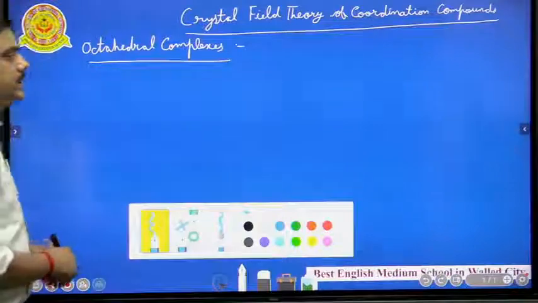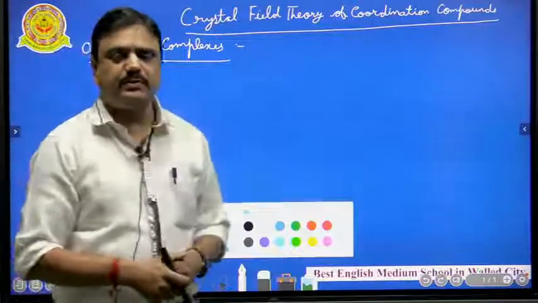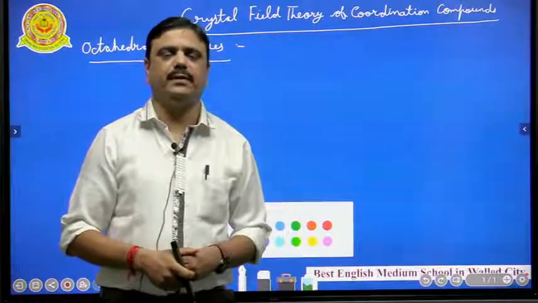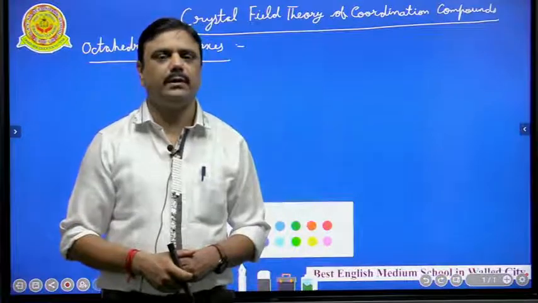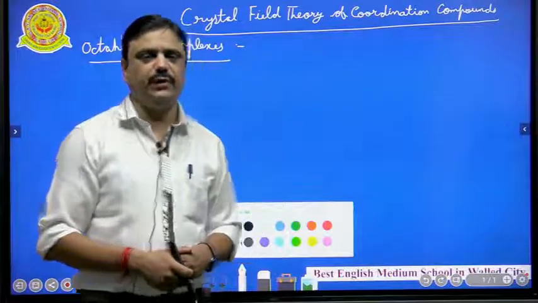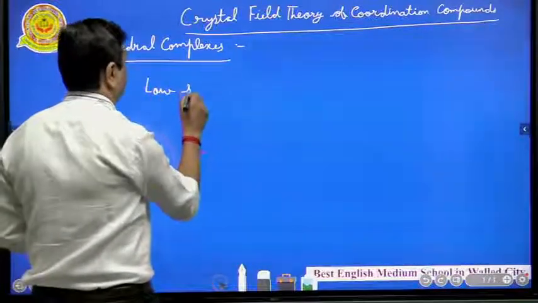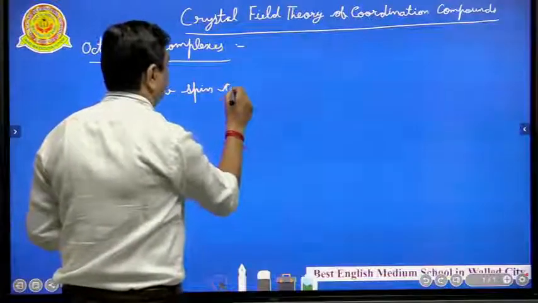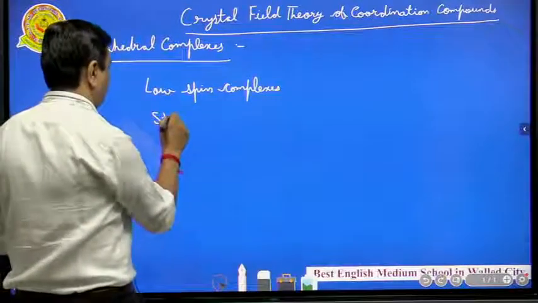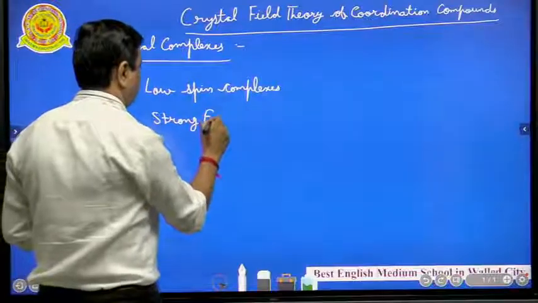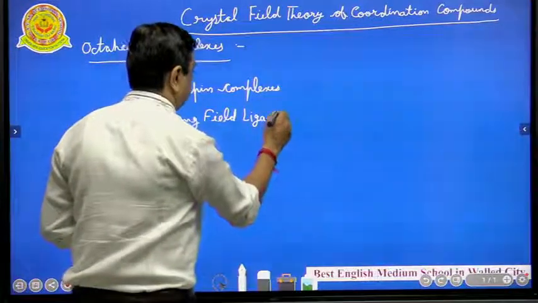As I told you, ligands are of two types: strong field ligands and weak field ligands. When pairing is possible, in case of strong field ligands, electrons will get paired up in the lower energy set of orbitals, means the t2g set. In that case, the complexes which are formed are called low spin complexes if a strong field ligand is there,